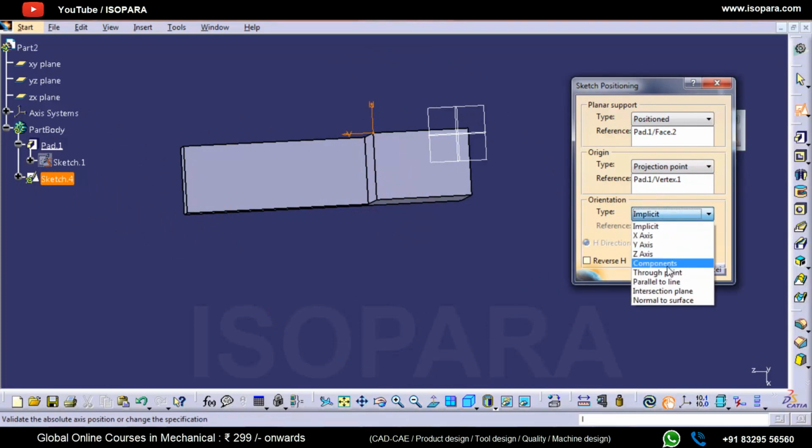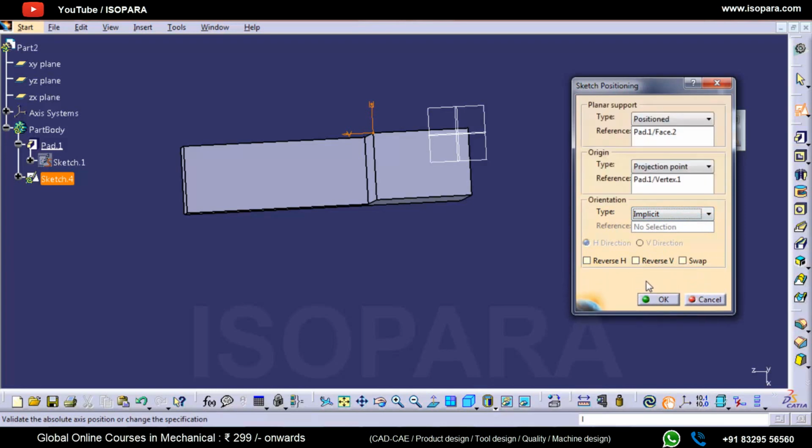So I will select parallel to a line, or maybe I can directly click over here. I can swap the locations and reverse the H, so this is the perfect way.